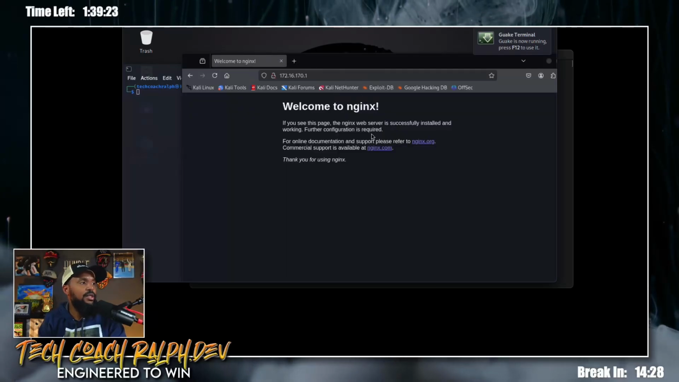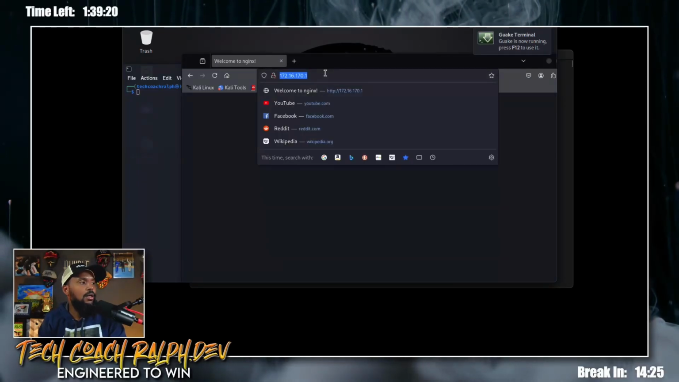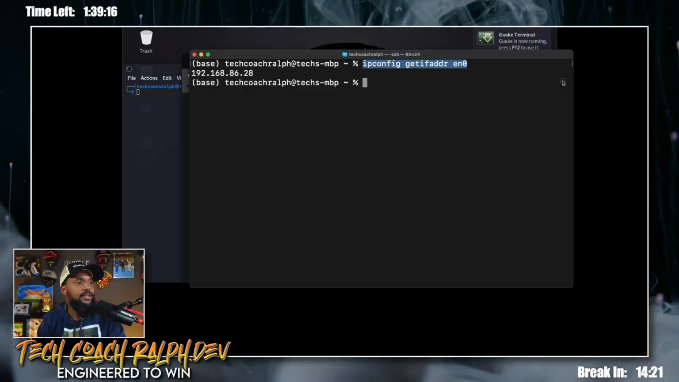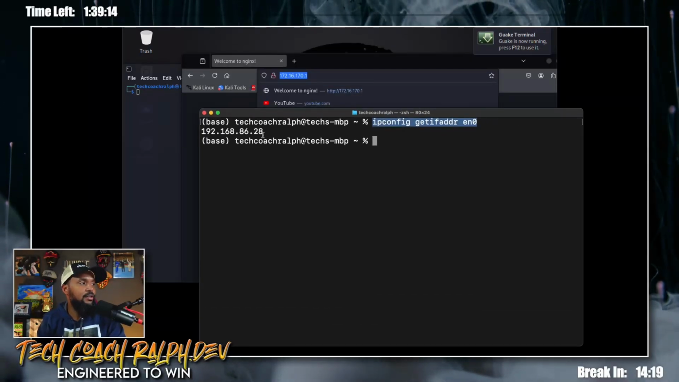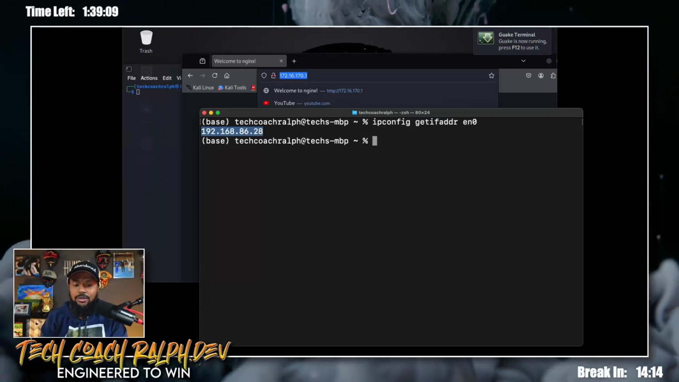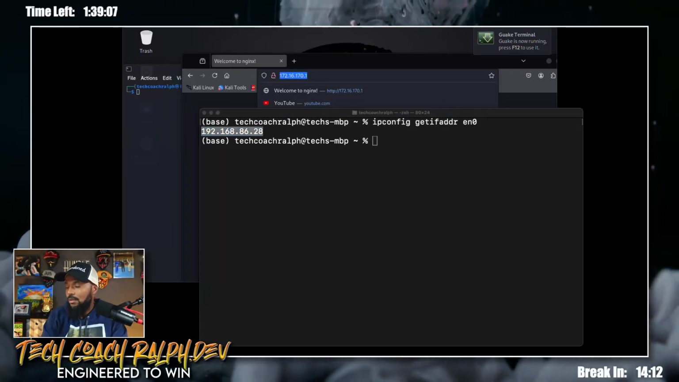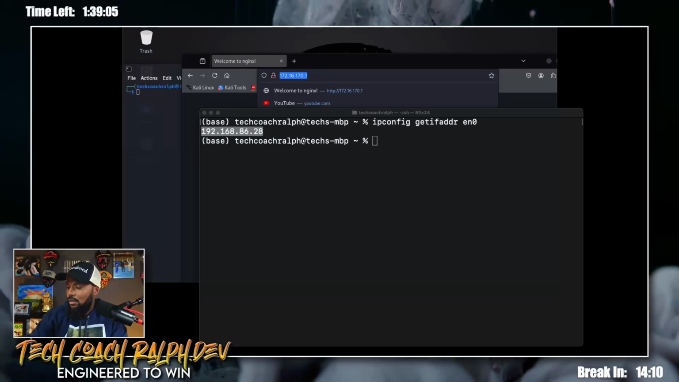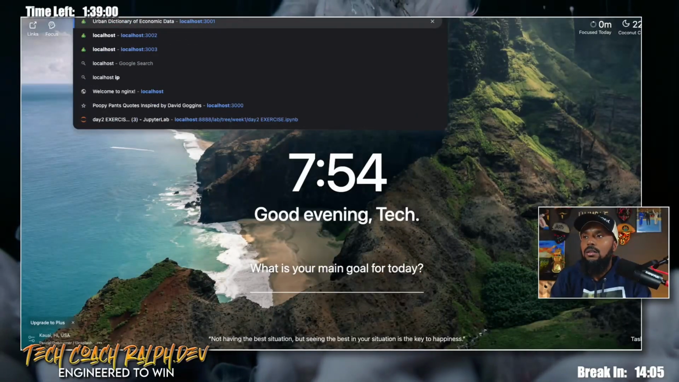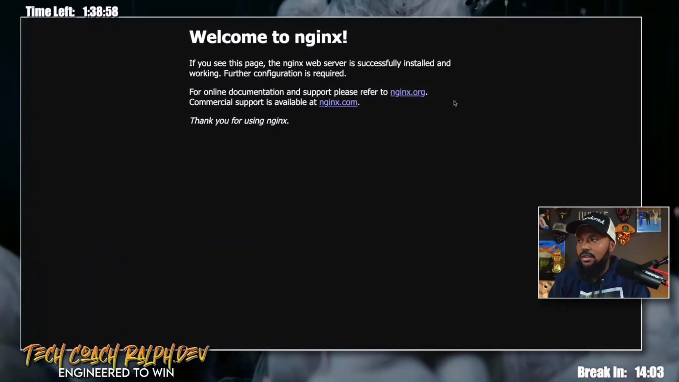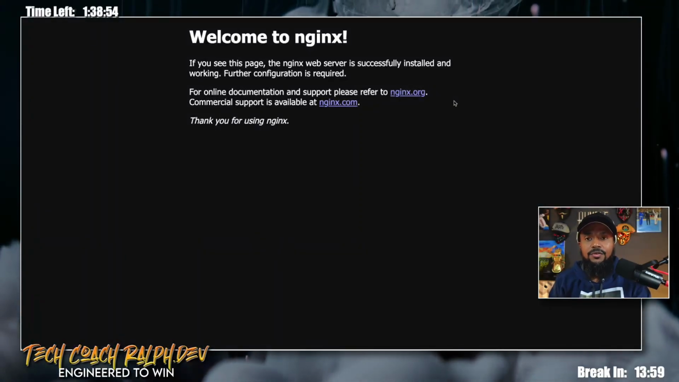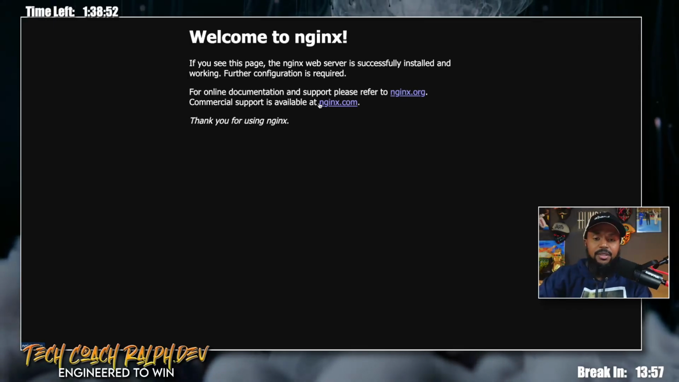All right, so we are logged in. So let's see this, right? If we take this IP address that we have here, we're gonna do two things, right? So if we go to localhost, right? So our Nginx web server is still running. Okay. So now the question is, if we go to this IP address